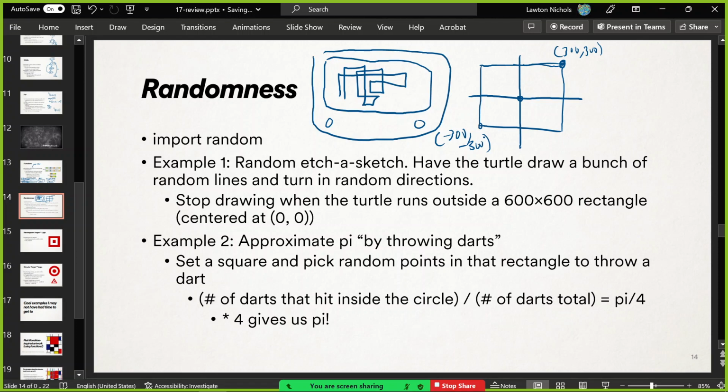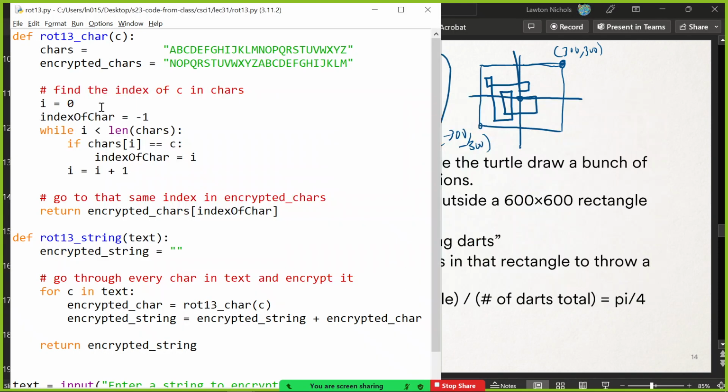And what we'll do is the turtle starts out at 0, 0. We'll just keep on saying, hey turtle, go forward by a random amount, and then turn in a random direction. Like go forward a little bit, randomness, turn in a random direction. It could turn back on himself. That's totally possible. But maybe he'll turn this way and go forward some more randomly, or maybe he'll turn this way and go forward some more randomly. But he will essentially become an Etch-a-Sketch at that point. And the second he tries to go outside of his spot, that's when we stop him. So that will eventually happen due to randomness, but that's the goal. It will be fun.